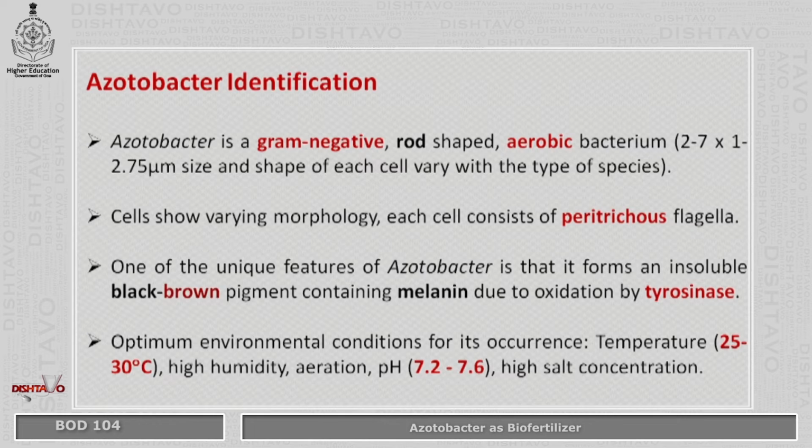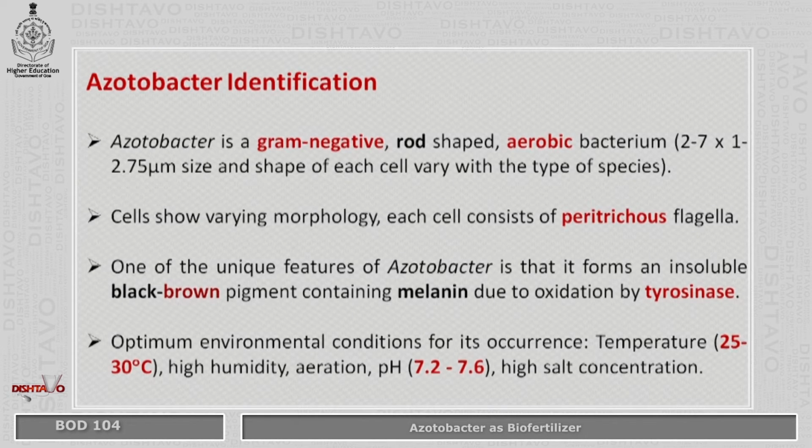Azotobacter is a gram-negative, rod-shaped aerobic bacterium. The cell dimension varies from 2 to 7 by 1 to 2.7 micrometer in size, and the shape of each cell varies with the type of species. Cells show varying morphology. Each cell consists of peritrichous flagella. One of the unique features of Azotobacter is that it forms an insoluble black-brown pigment containing melanin due to oxidation